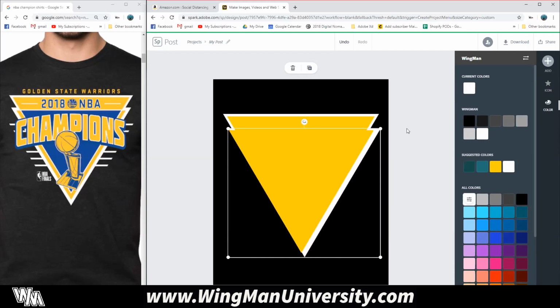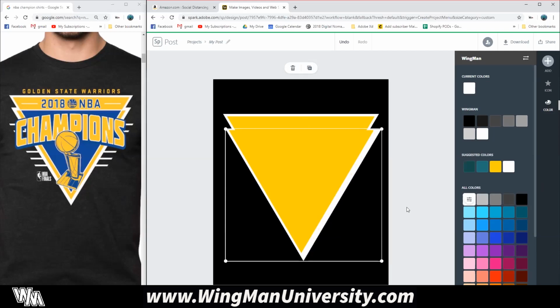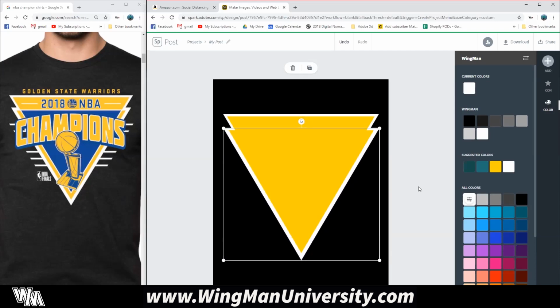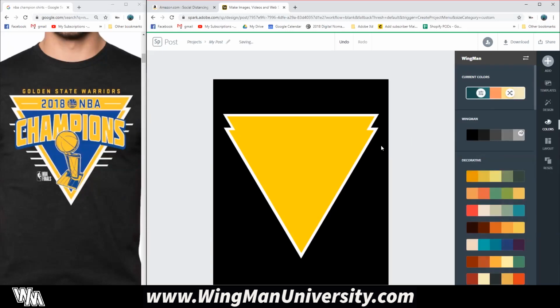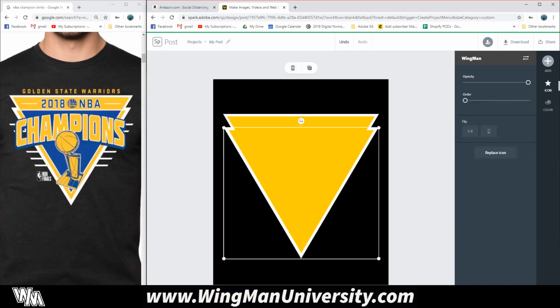This is definitely not my normal work process for something like this. Like I said, mostly we're just doing text-based designs. So this is just a fun challenge, and really to show you guys the power of this tool. Like, you can do some pretty cool things inside of Spark, but if you are really looking to get into design, have this kind of be your springboard to look into other things like Photoshop, because it does make your life a lot easier. But I mean, if you're on a budget, or if you're really just getting started and you just want to mess around,